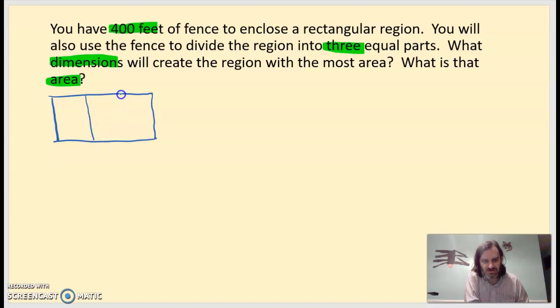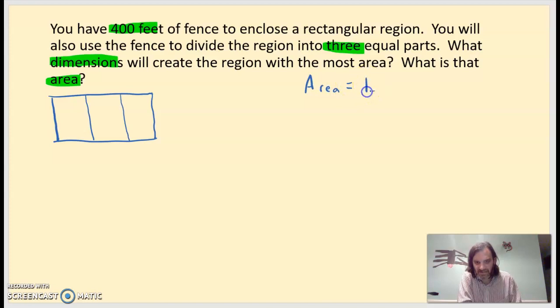Okay? And you can draw this picture several different ways. And maybe it doesn't look equal, but honestly it doesn't really matter where these dividers are in terms of the problem, as long as they're parallel to each other here. So the thing that we want to do is create a quadratic equation, kind of like an ax squared plus bx plus c, to help us out here. So we're looking for an area,